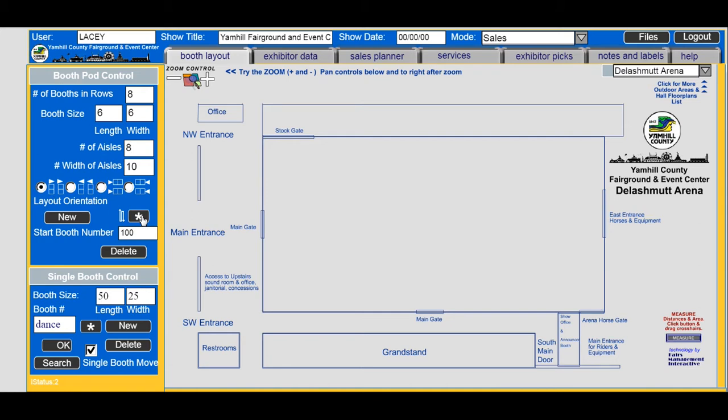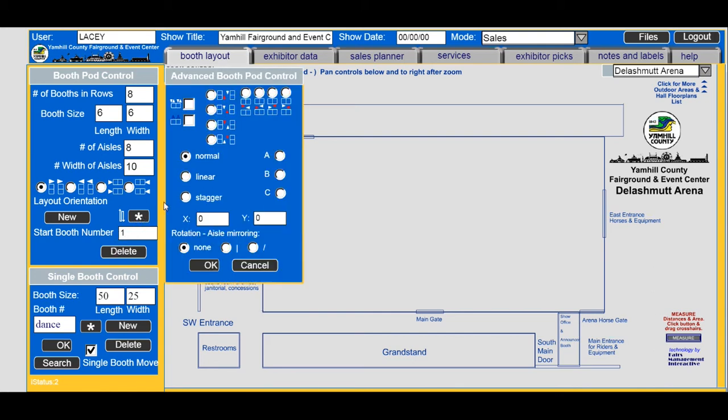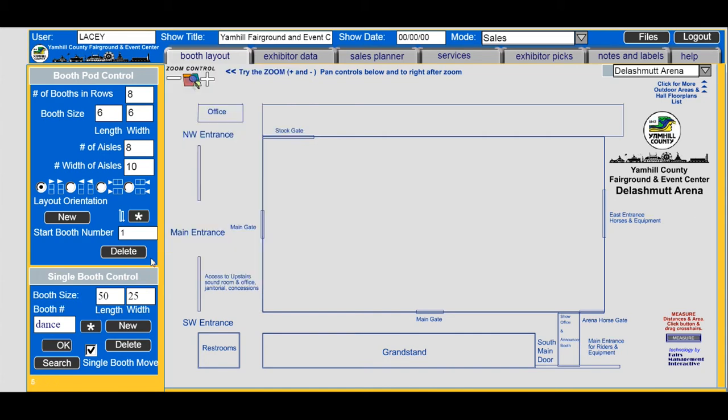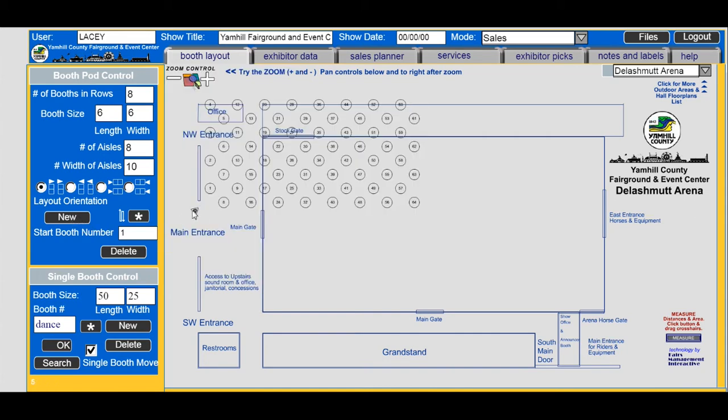Now, for this, because we're making round tables and a banquet setup, I'm going to make the starting number 1. I'm going to make the numbering go up and down, we can see this here, instead of even odd like they do in exhibit halls. And I'm going to do a staggered layout, which is how you usually do it in a banquet setup. And I'm going to put some separation on it. This separation number is actually relative to the size of what you're going to lay out for banquet, but it's very easy to work with. I hit OK. Now when I hit new,